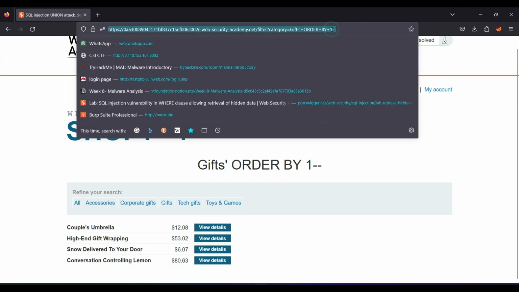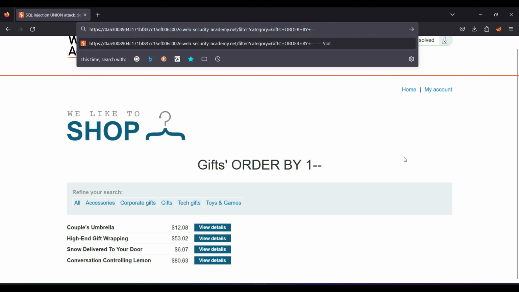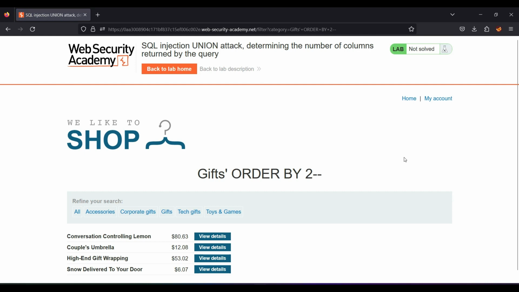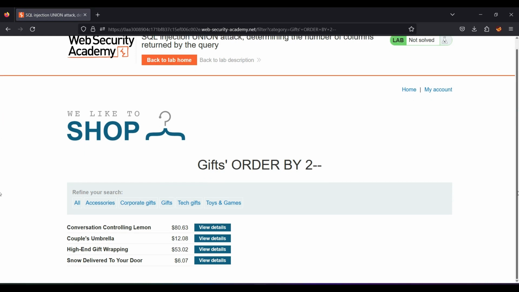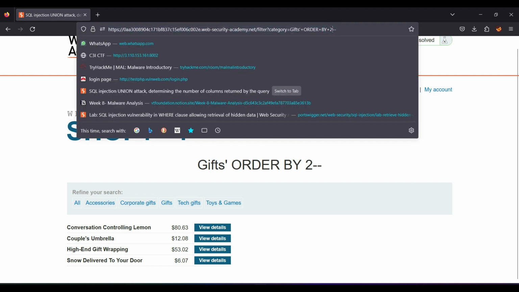Now I'm going to enter the index number 2 and just enter. Okay, it's reflecting, but we are not getting any information. Let me try 3.